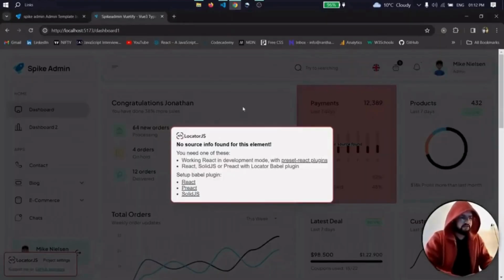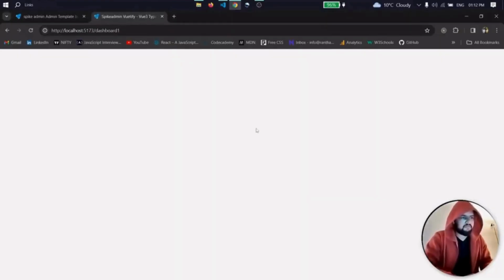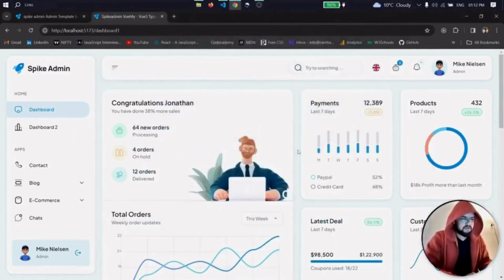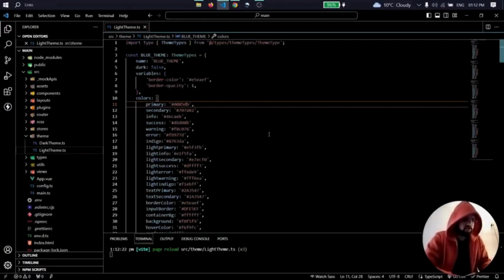Let's undo it and let's refresh the page once. See, the color is back to the primary one. So this is how you can change the